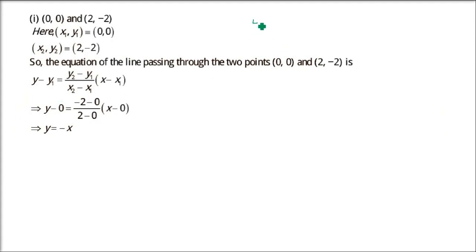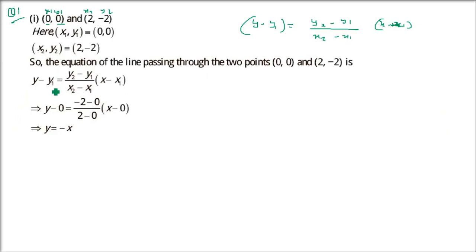And in every part, we have to use this formula which I am writing. y minus y1 equals y2 minus y1 by x2 minus x1, and then into x minus x1. This we are going to use because x1, y1 is given to us, x2, y2 is also known to us. Every time we are going to do this. This will be x1, y1 in this case, x2, y2 in this case. This is question number 1, part 1.